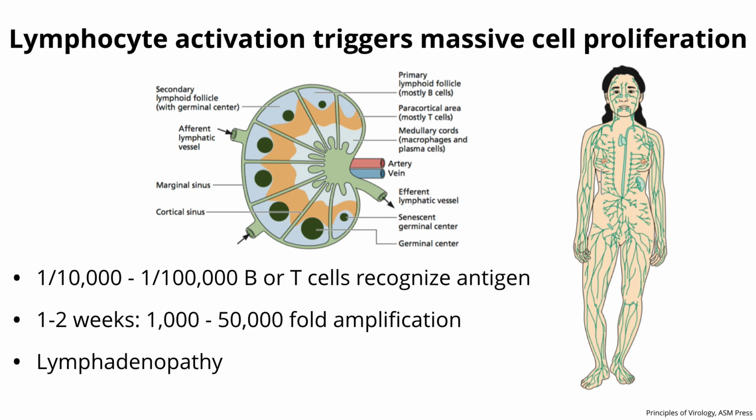Typically, in your body, 1 in 10,000 to 1 in 100,000 of your circulating B or T cells will recognize any given antigen. But as soon as that cell recognizes the antigen presented by the DC, as we've just discussed, within 1 to 2 weeks, you get between 1,000 and a 50,000-fold amplification from one cell to between 10 and 50,000 cells. And this causes your lymph nodes to swell, which has a medical term, just like everything else, lymphadenopathy,